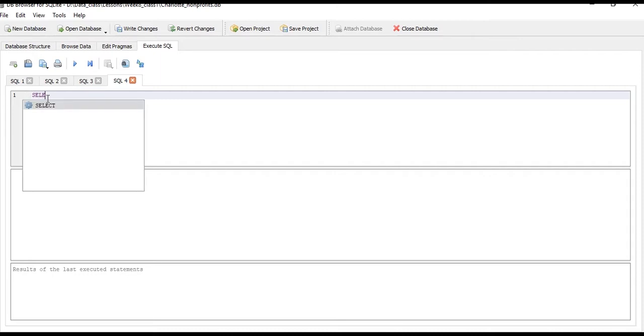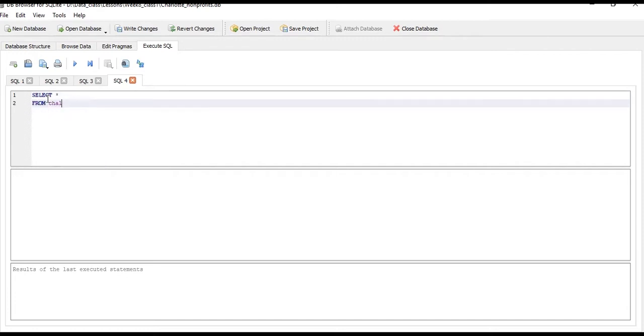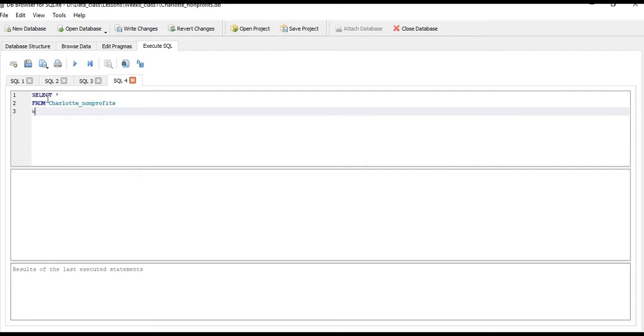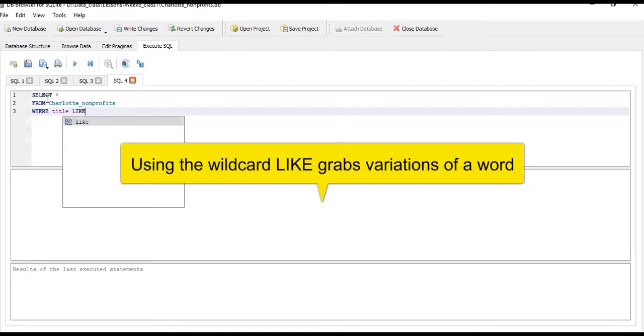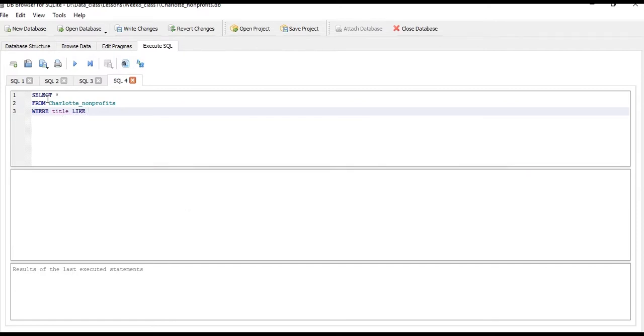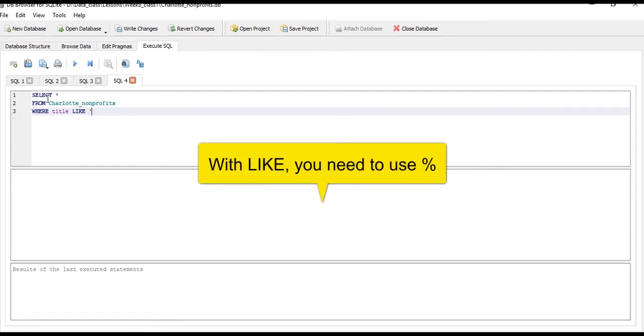You start with your select all because we want all the records from Charlotte Nonprofits, where, and it's in title, right? That's the field, that's the column that we're interested in. And we don't want it to be equals. We want to use the like clause, L-I-K-E, and you can see it lights up. And this is part of the wildcard clause, as they call it. Then it's single quote, and it's a percent sign, and then you can call it P-R